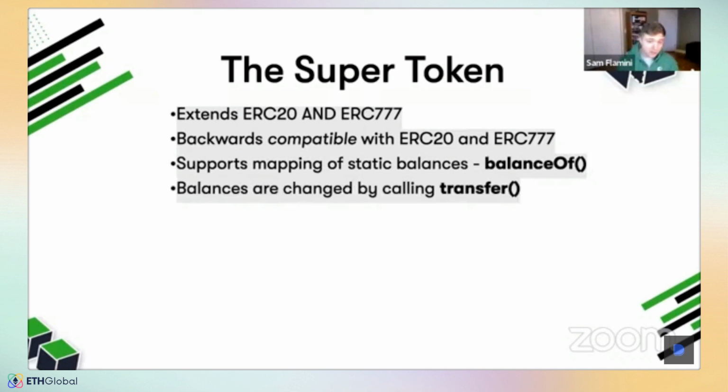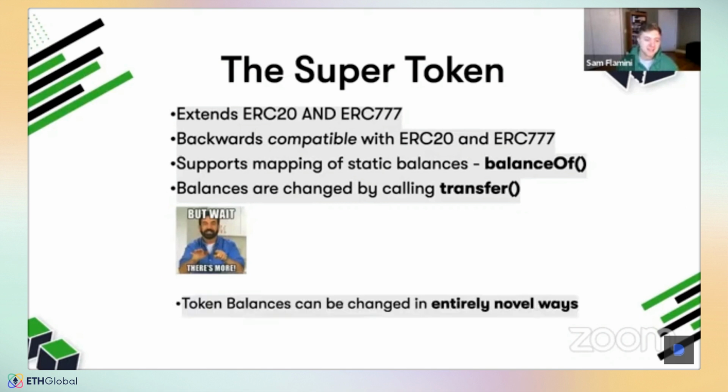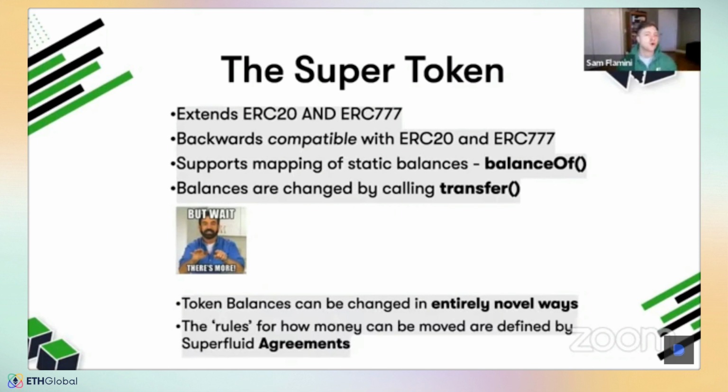Balances are changed by calling transfer. You can just do a discrete transfer still if you want to. All that stuff that you normally get on the ERC20 you can do, but there's more, right? And the cool thing is that token balances can be changed in these novel ways, and I'll walk through how that's possible in a bit, but the ways in which token balances can be changed are defined by things called